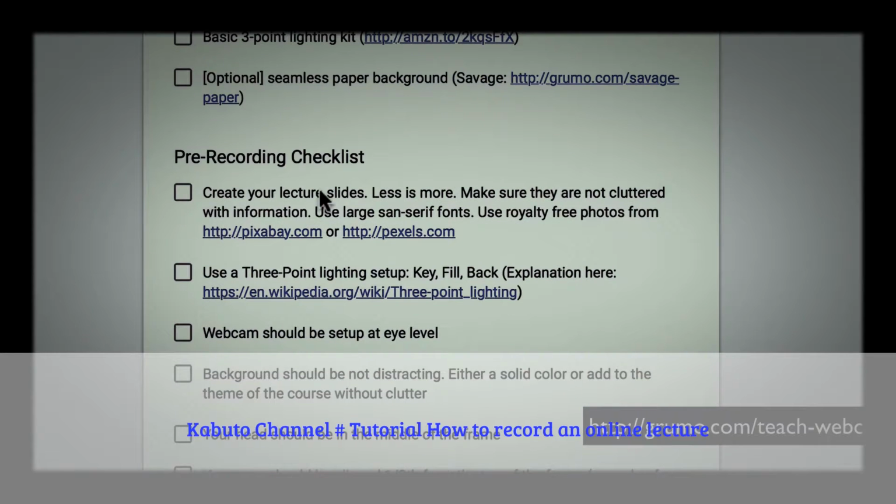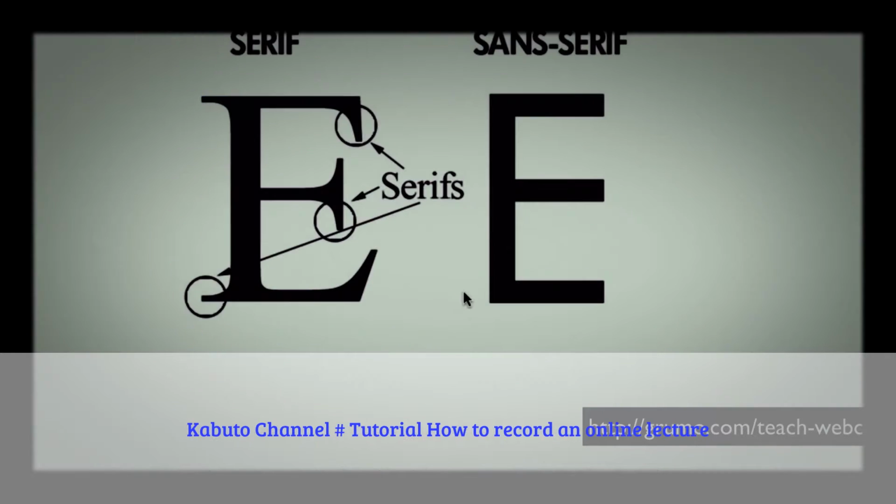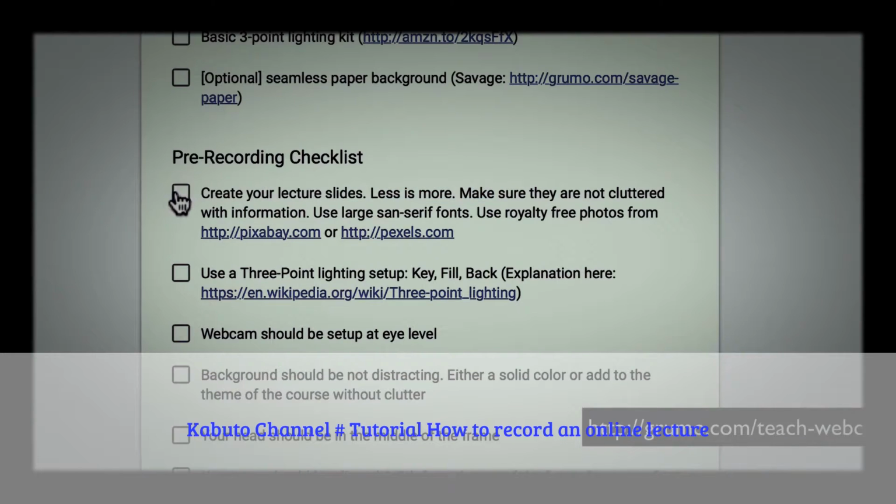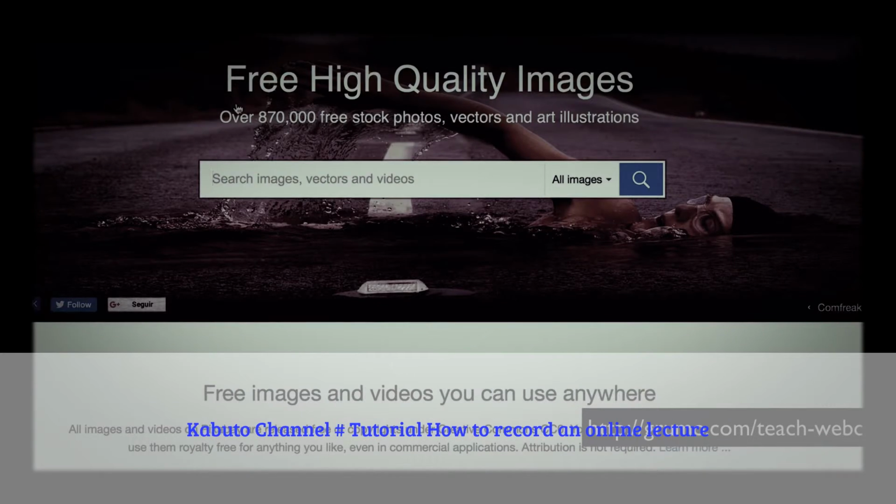First, you're going to create your slides. Make sure that less is more. Make sure that they're not cluttered with information. Use large sans serif fonts. This is a sans serif font, by the way. It doesn't have the squiggly things. It's easier to read. And if you're going to use photos, make sure you get royalty-free photos from either pixabay.com or